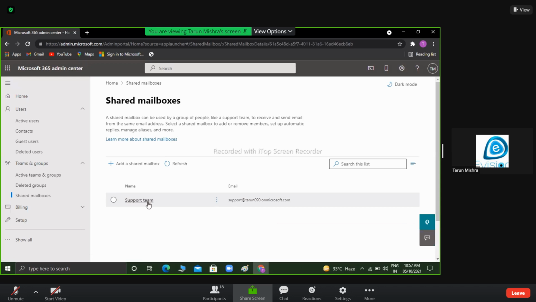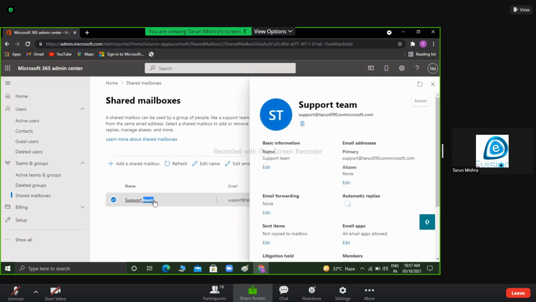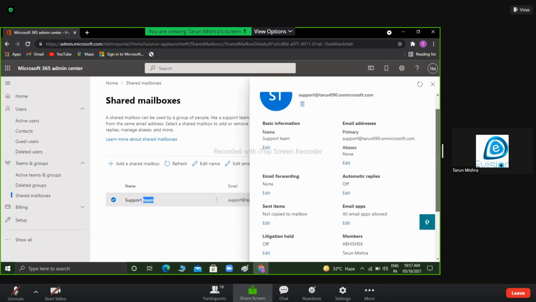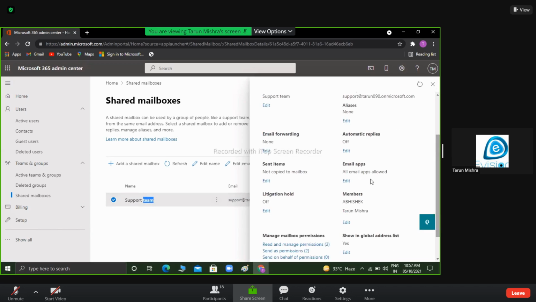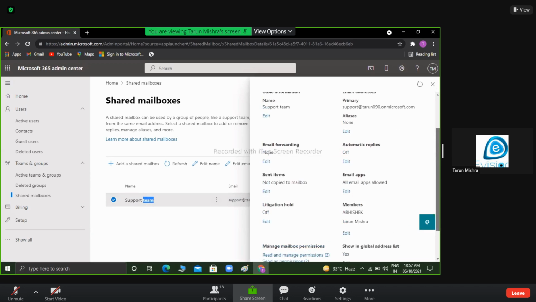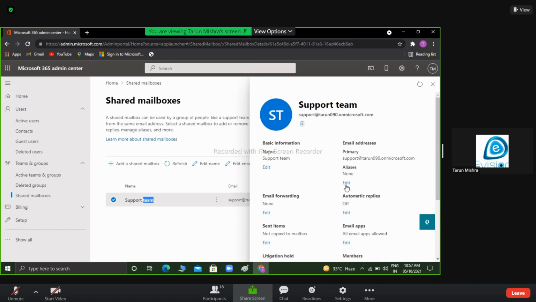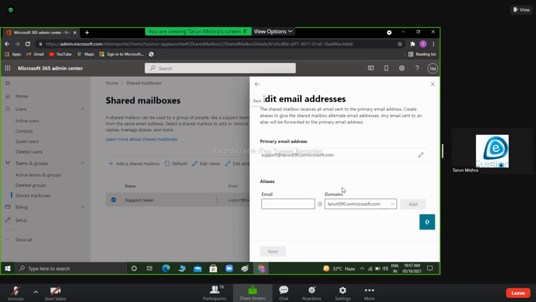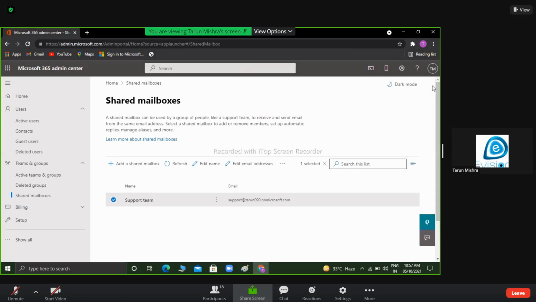Under support team, you will see two members, Abhishek and Tarun. I can give permissions and aliases, anything I want, I can add. Now refresh.